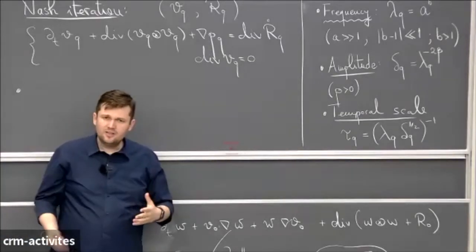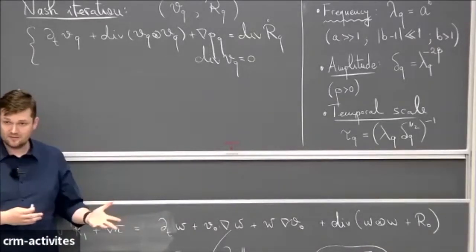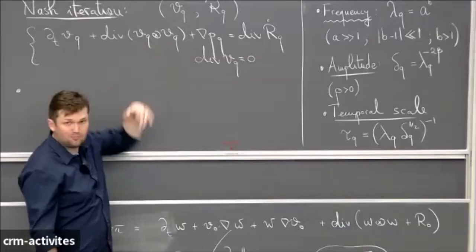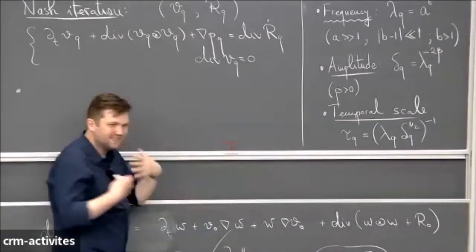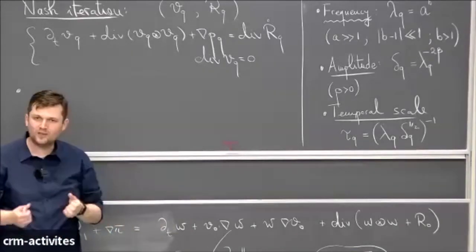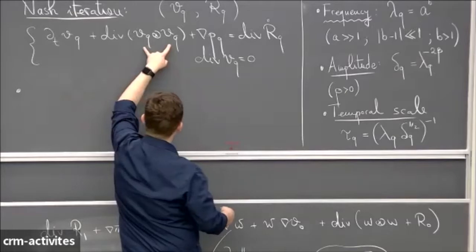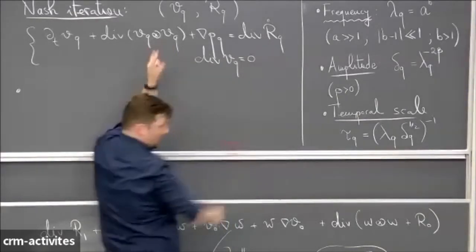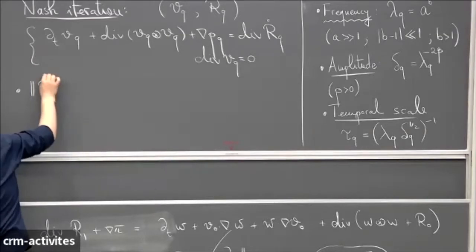Remember, our goal is to construct H1 solutions. H1 is an L2 based Sobolev space. We have two L2 type functions. Their product is an L1 type function. And we just said that we're in a regime where the nonlinearity is going to match the stress. So if this is an L1 type function, this has to be an L1 type function. I'm going to assume throughout my iteration that this in L1